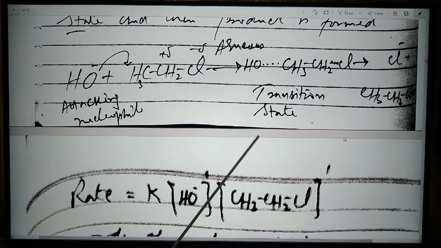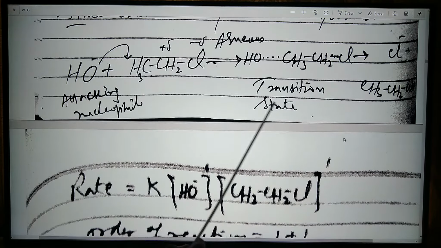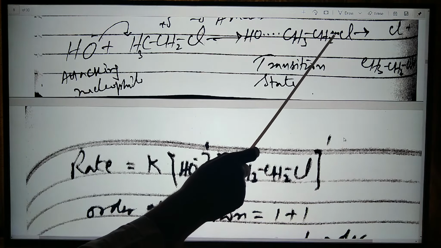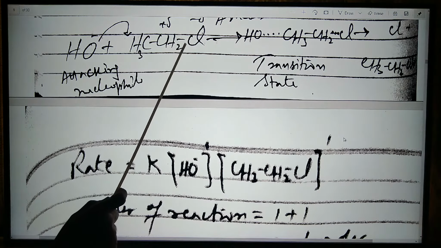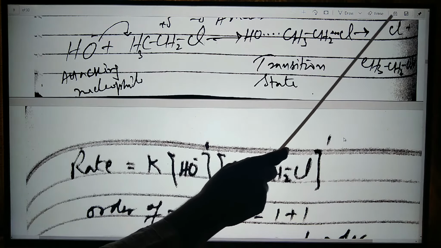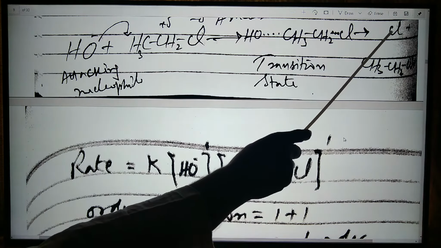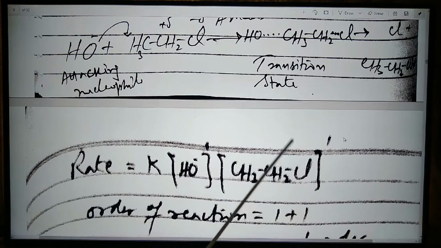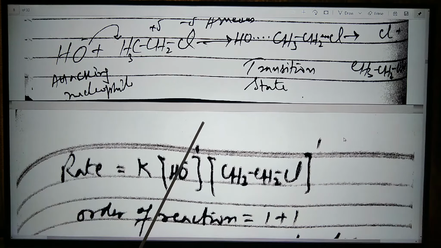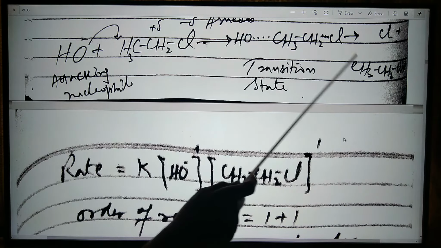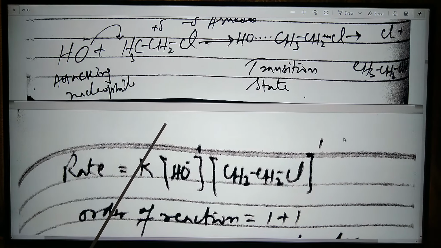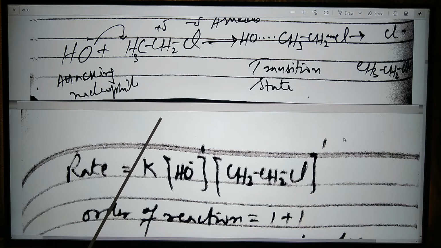Now in the next step, this is the transition state, that is OH is attached, Cl is also attached, but not as strongly as this one. Now it is a dotted line, that is it becomes weak. Now in this case, the Cl leaves to form Cl minus, and this is the CH3CH2OH. So we will have the product finally, but it is a single step reaction. It is not a two-step reaction as we have seen in the SN1 reaction.